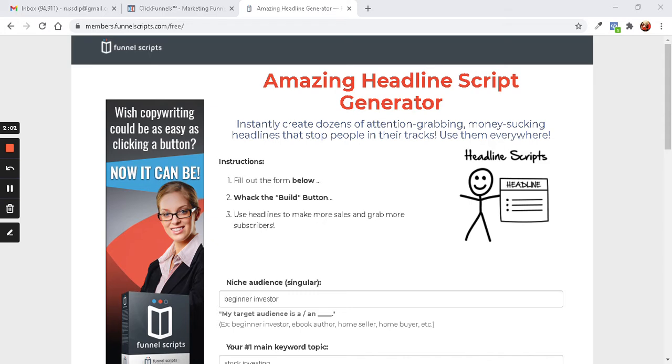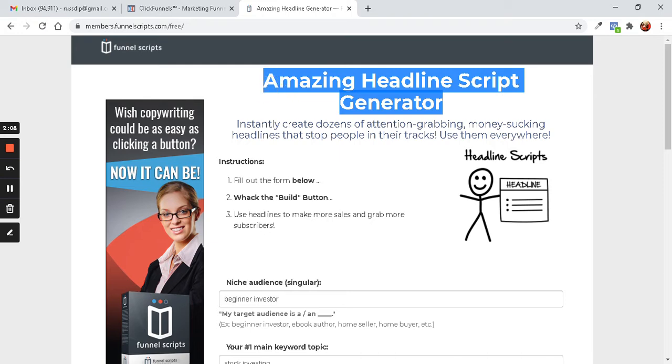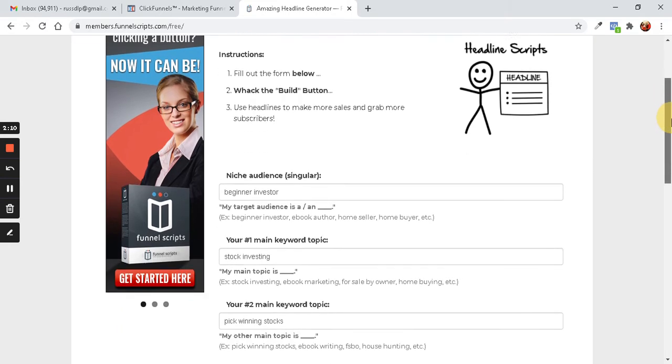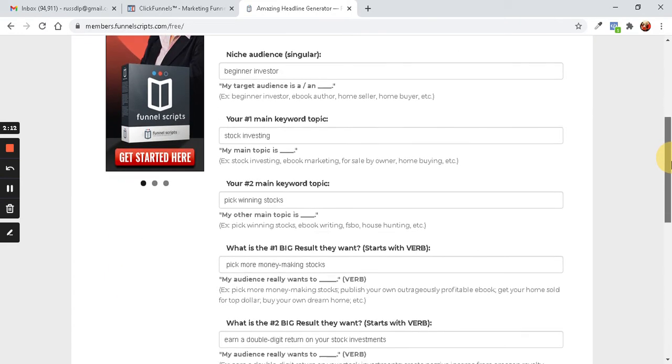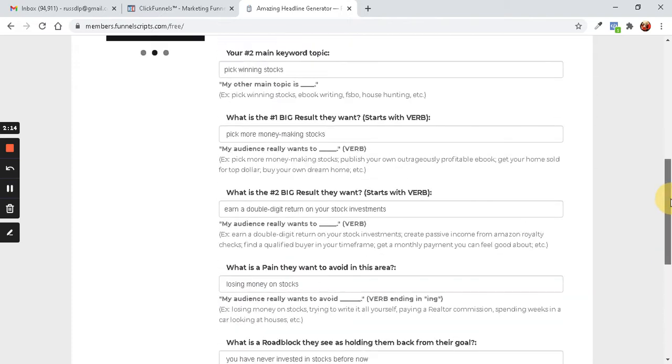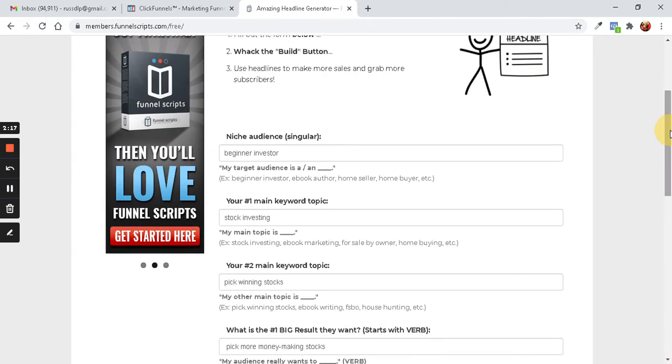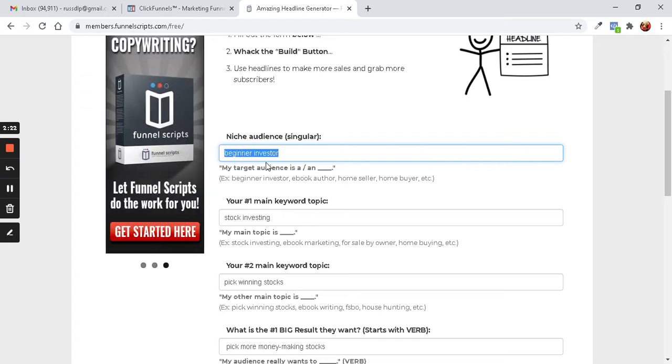So this tool is the amazing headline script generator, as you can see here. And it literally is just filling in the blanks. I've already done that, and so I'm just going to go through this with you to show you what I did. You can see here you've got the field where you're going to fill in the information. You've got the prompt in the questionnaire on what to fill out.